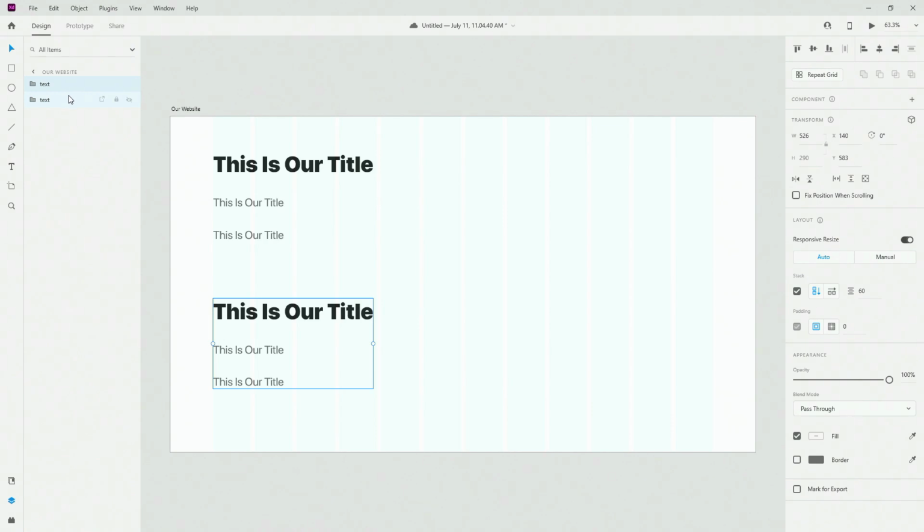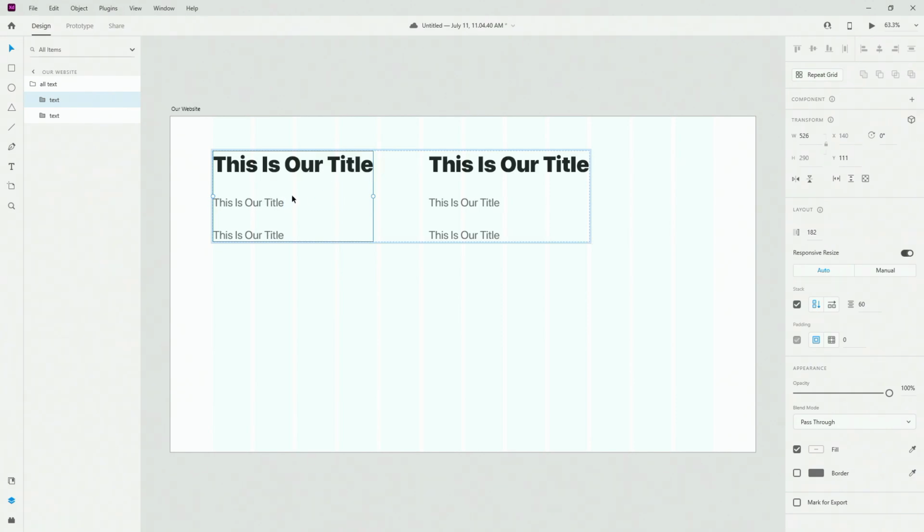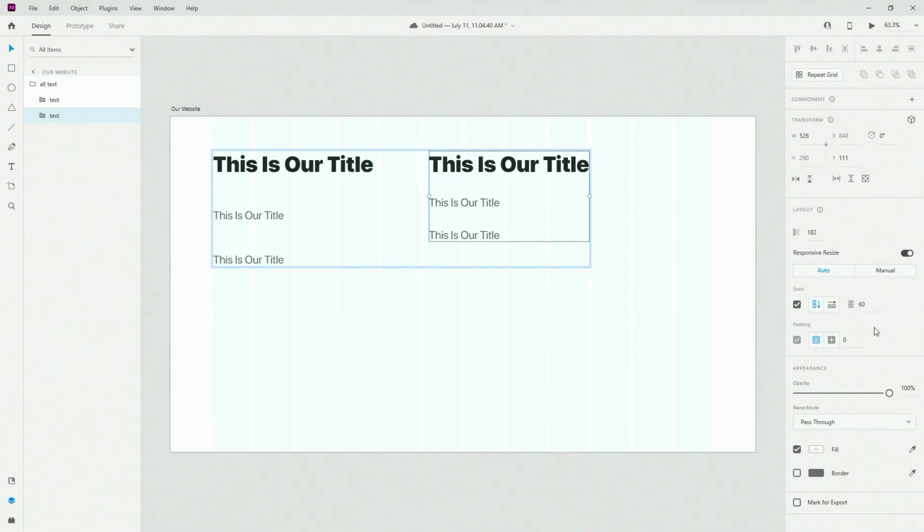So what you can do is, because this has a stack, this group, and this group has a stack, let me move it right here. What you can do is put them in another group, call this, for example, all text, and then you can create a stack like this. So I'm going to put it right here. So this group has its own stack. So for example, I want to set it to 100, but this group is not going to change because it has its own stack. So you can see how useful this is,